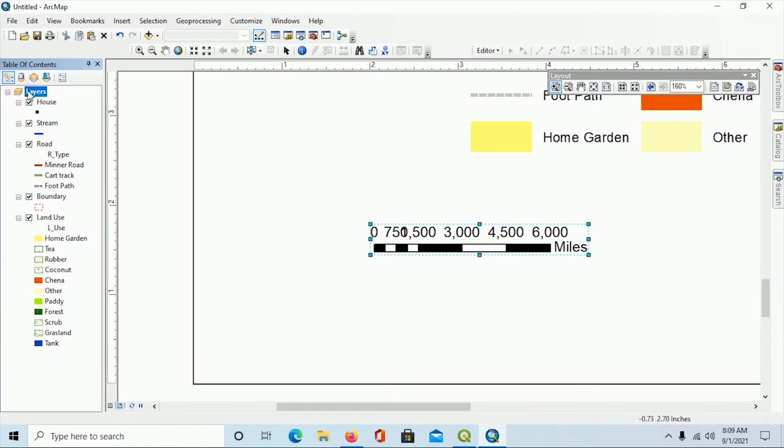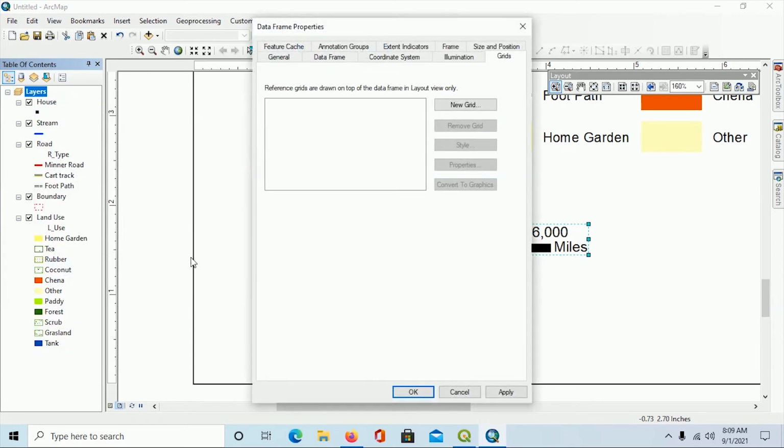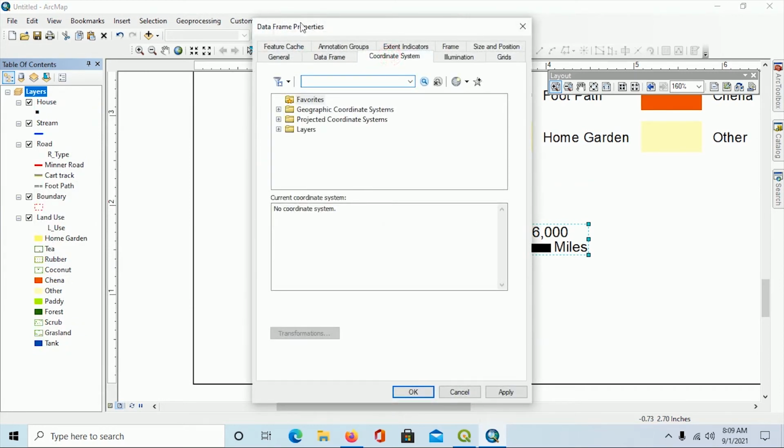For that I'm going to this layers name and right click on it and go to properties. There is the coordinate system tab, data frame properties dialog box, and there are the coordinates. I want to select the entire projection for the Kandawala Sri Lankan grid. The EPSG code is